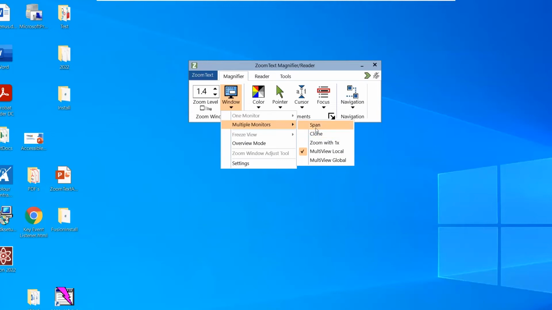You'll see that now that we have two monitors, the one monitor option is grayed out. That's where we would find the different magnification types, like full, line. Most of the time we're going to have it on full anyway, but now that we have multiple monitors, that's grayed out. So under multiple monitors, we have span, clone, zoom with 1x, multiview global, or multiview local. We're going to talk about what all those mean. Multiview local is the default, but to begin with span,